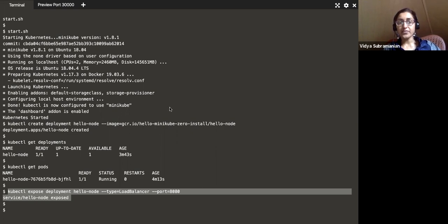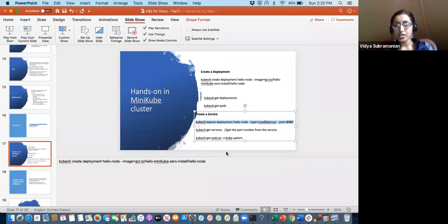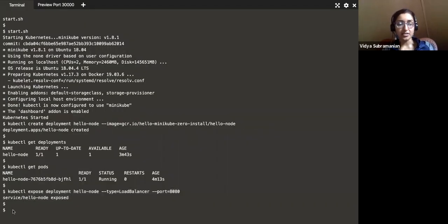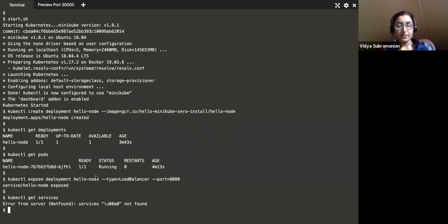Here is the command that exposes the service, the kubectl expose deployment command that I just pasted. That's going to allow you to expose the deployment, and when you do that, it gets exposed as the service. So now let's look at that service. If you do, oops, don't need an S.